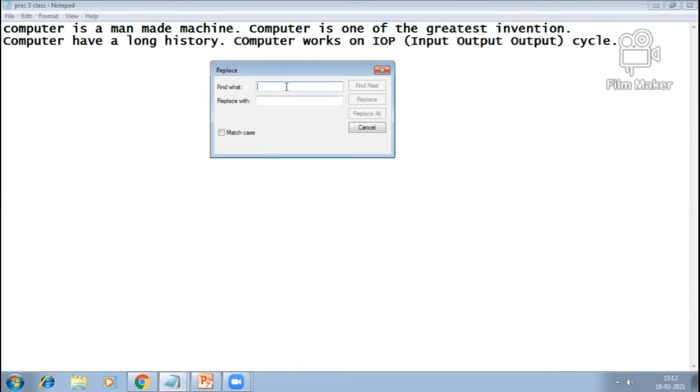In find what, we have to write what we want to find, which means the particular word or text. And in replace with, we have to write the new word. So I want to search the word computer and replace it with it.